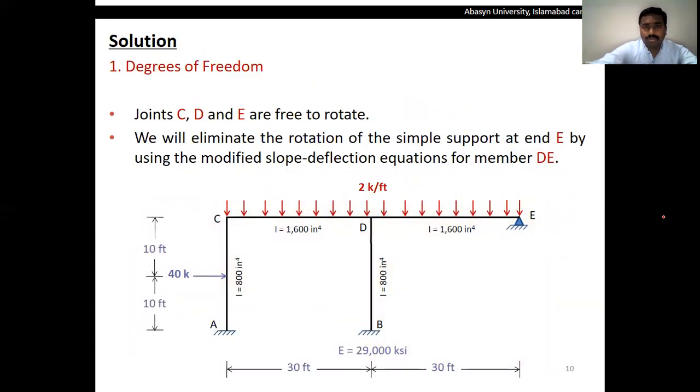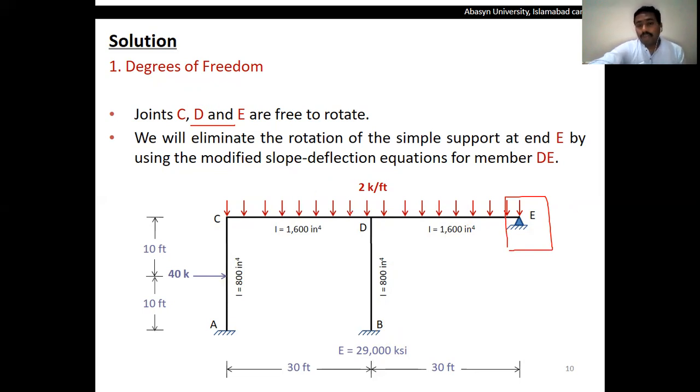For solving this part, we will follow the same steps that we have followed for the beam structures. As we see, joint C can rotate, joint D can rotate, and joint E can rotate, while supports A and B are fixed, therefore these supports cannot rotate. But we can also take advantage of the hinge support or hinge beam to reduce the number of degrees of freedom,